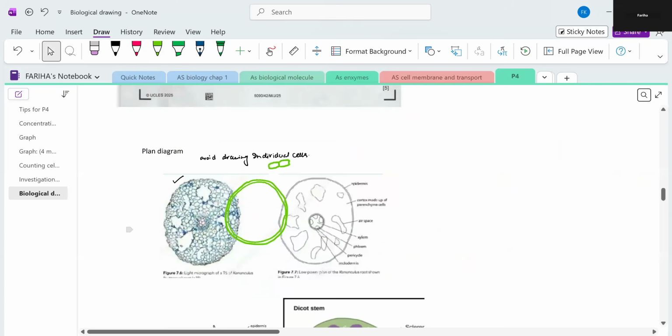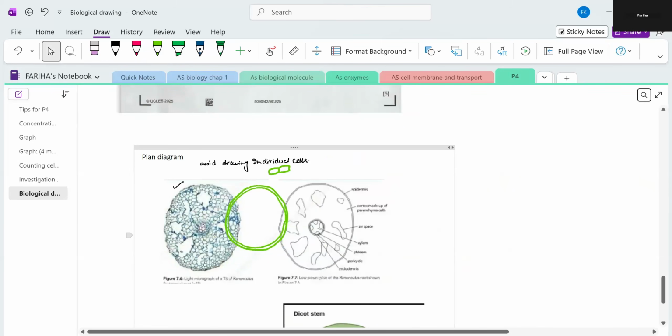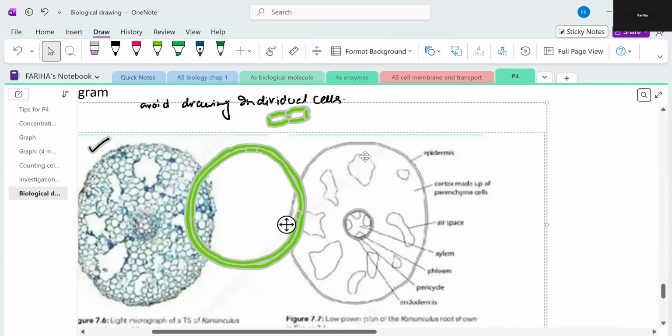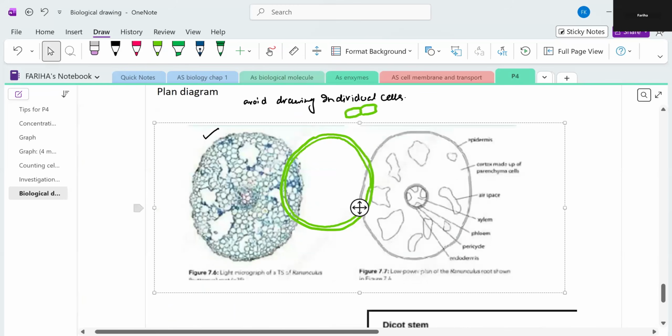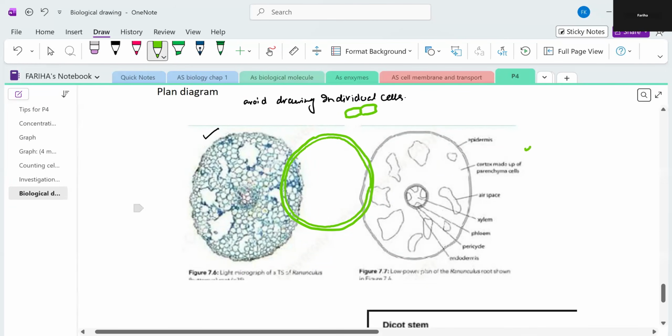Okay, and you should draw it with a clear, very sharp pencil, not a thick pencil. And that pencil should be lighter, not very dark. Okay, so this is an epidermis, and then you need to show these holes. How are we going to show these holes? 1, 2, 3, 4, 5, 6, 7. We need to show approximately 6 or 7 holes on this diagram,